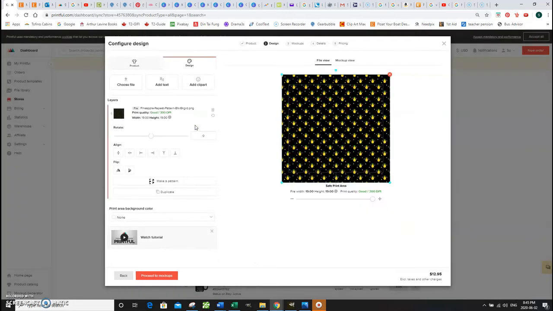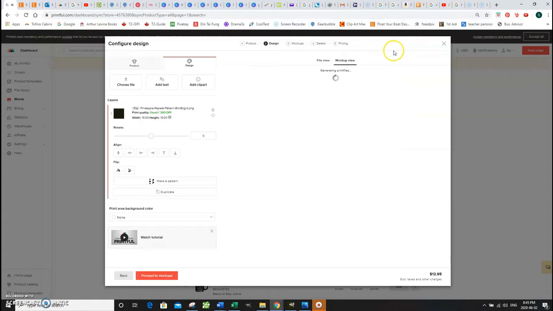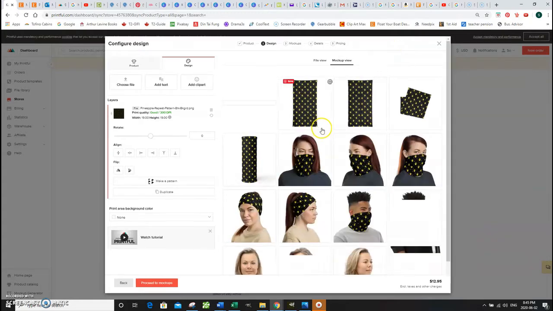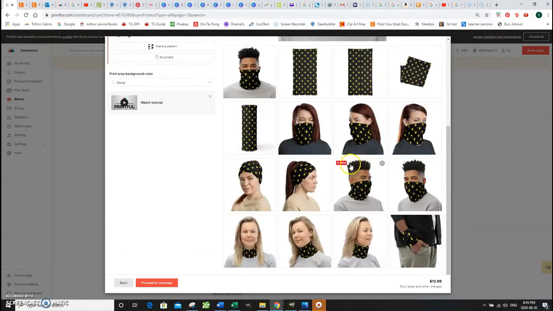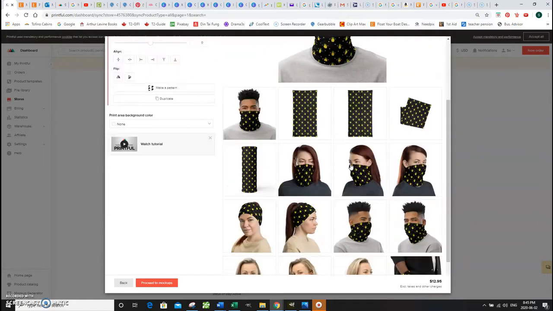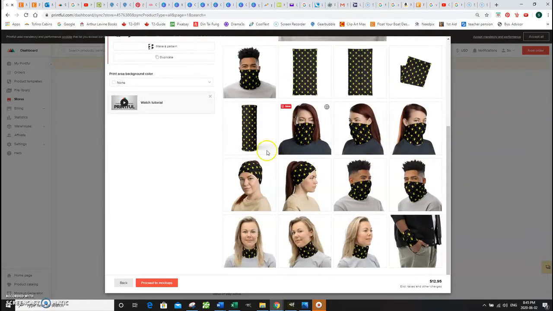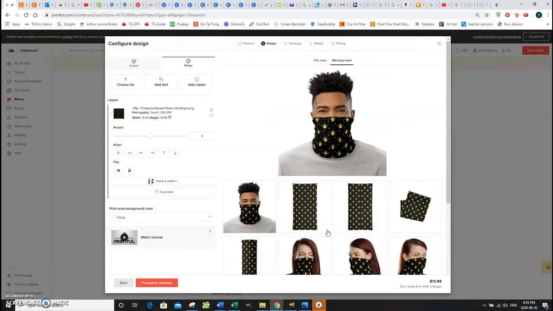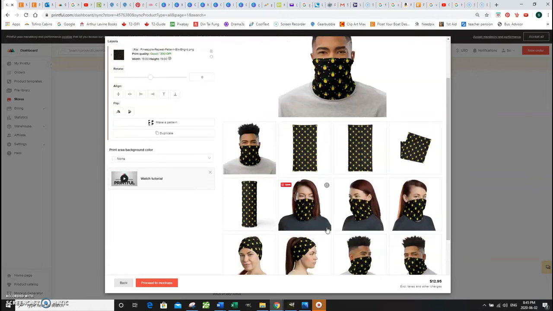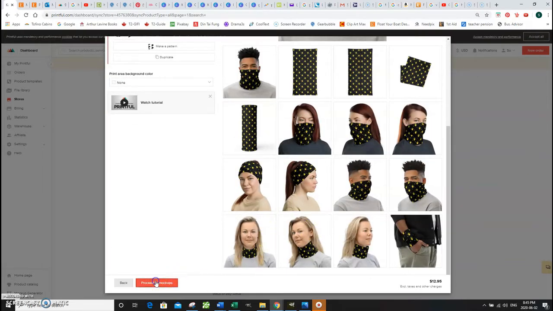Let's choose this pattern, and we'll go to Mockup View. So this is how it looks. It's gorgeous. Again, it'd be nice if Printful actually had all the models here so we could preview how it looks like on all of the models, but it's still nice that they give us three of the, I believe, 5 models. So on this particular one, okay, we proceed to mockups,